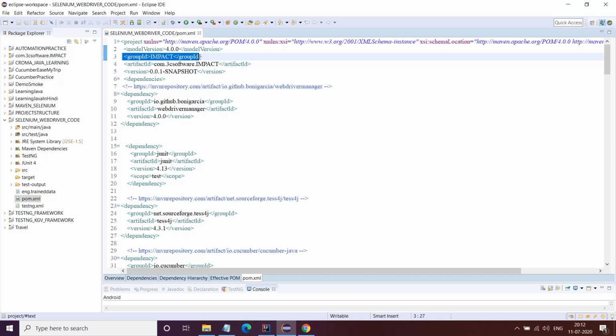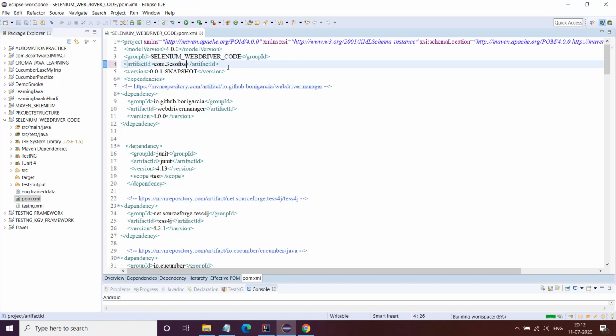Okay, we will copy what is essential. See, even I had copy pasted this. This is not right. So the group ID here should be Selenium underscore WebDriver underscore code. So this is a mistake even we people sometimes do, but don't do it. And of course I can change it to something else. This is com dot automation hub Sarthak Selenium code. I have changed it as per my requirement. So don't do this.